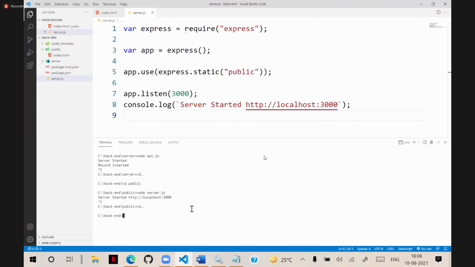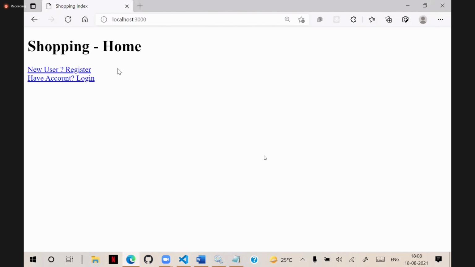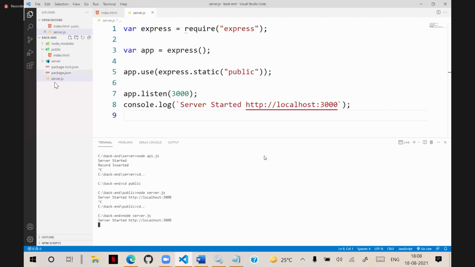Now here we need to run node server.js. That means it is outside, and I am requesting this now. It gets that home page and displays it. In the public folder, you need to keep only the static resources. The dynamic resources we need to keep outside, in some other folder. Now it should use this public folder. In the public folder, you don't need to tell the page.